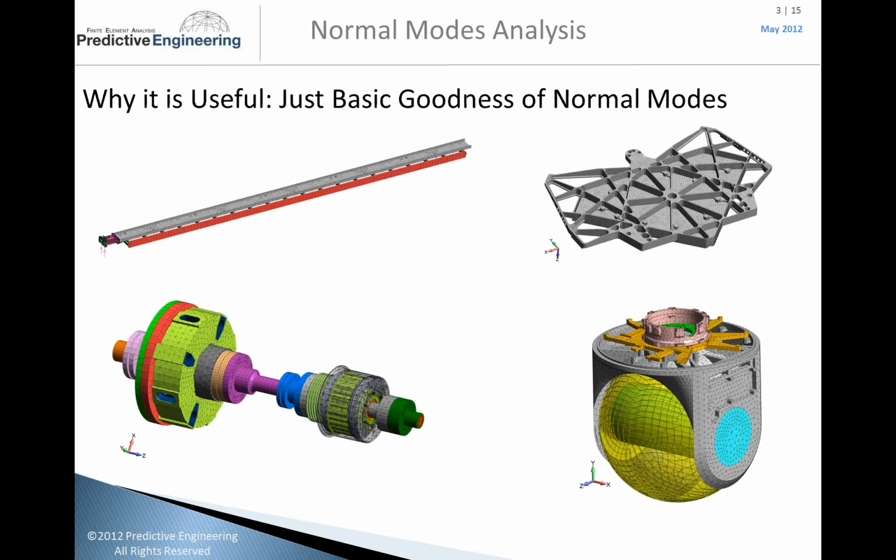Okay. Why is it useful? Normal modes are useful in a lot of places. Top here, this is a conveyor system, and that works by normal modes. You want the system to have one of its harmonic frequencies in the motion of travel, so it has a natural free moving vibration. Or conversely, at times you want it to have no natural frequencies in the motion of travel, so you get no harmonics. You can go both ways.